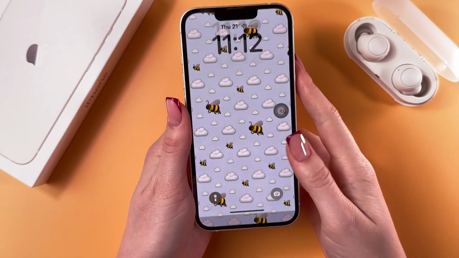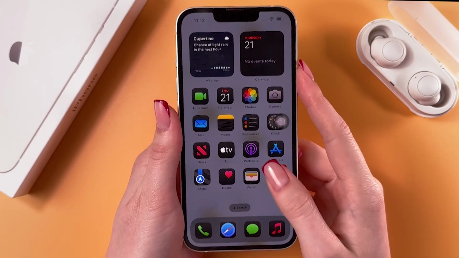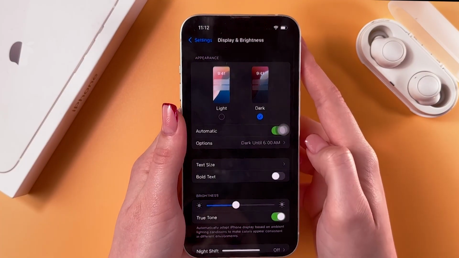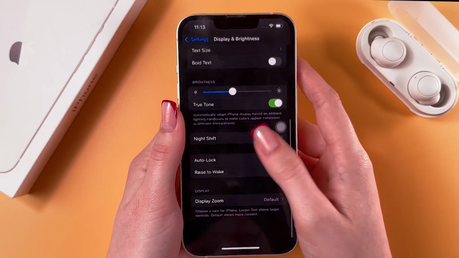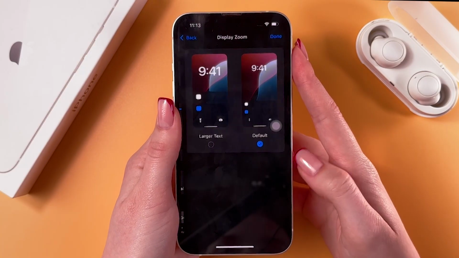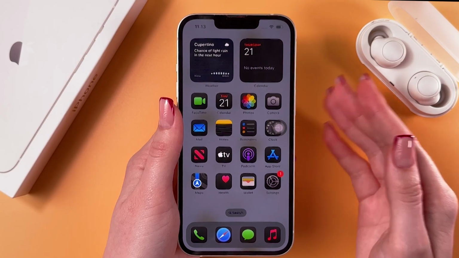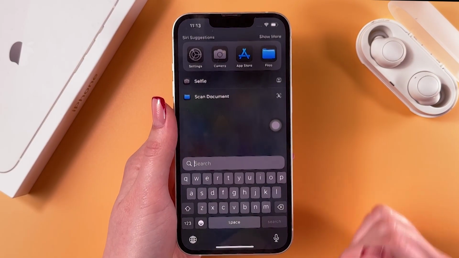Hi, to make the keyboard bigger on the iPhone 13, we need to open Settings first, then choose the Display and Brightness tab, and after that scroll to the end to go into Display Zoom. So now it is the default version, and let's check how the keyboard looks in the default mode, and here